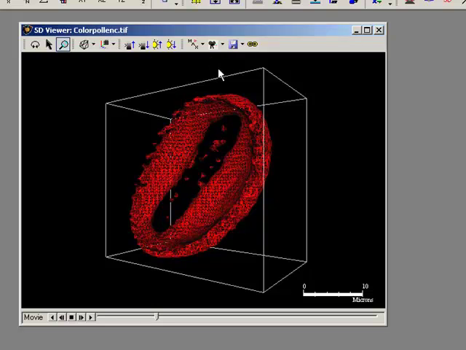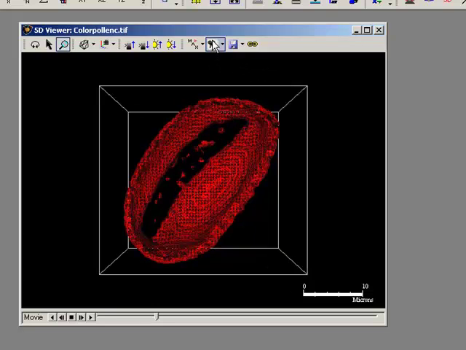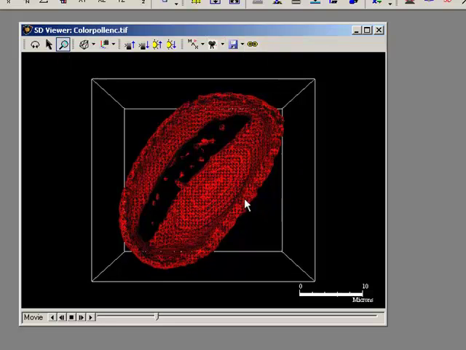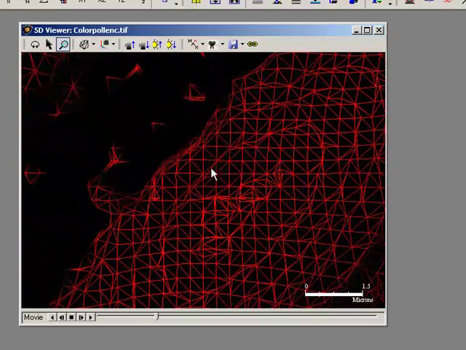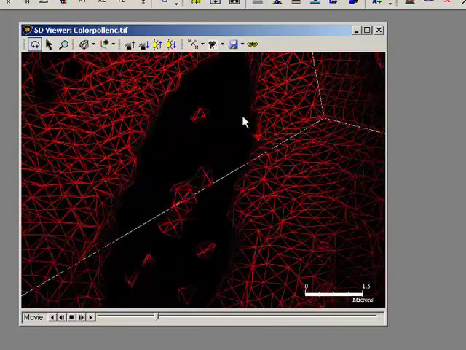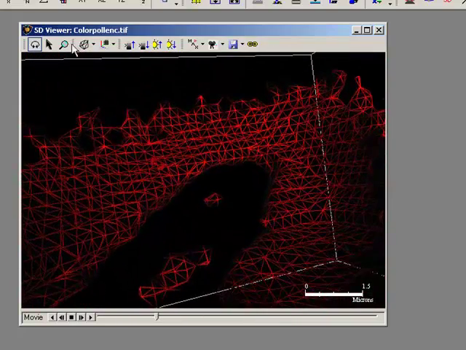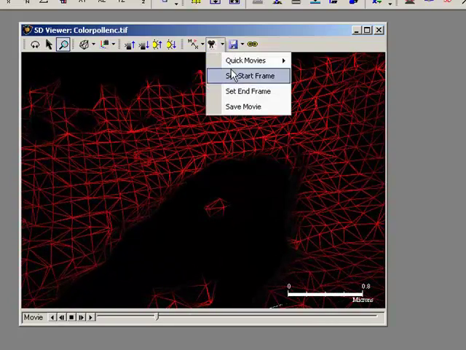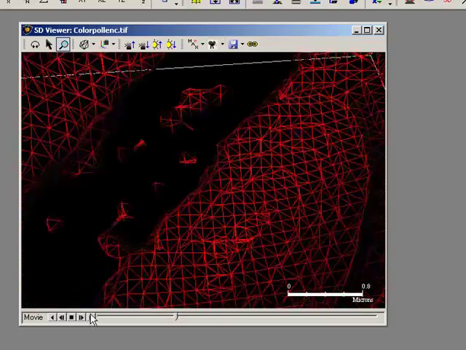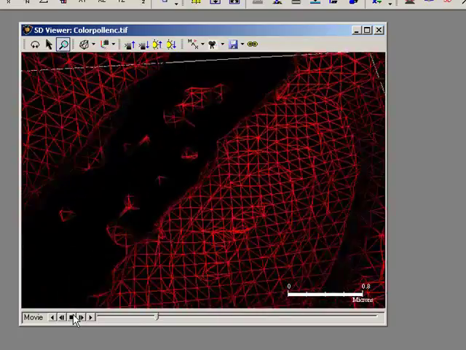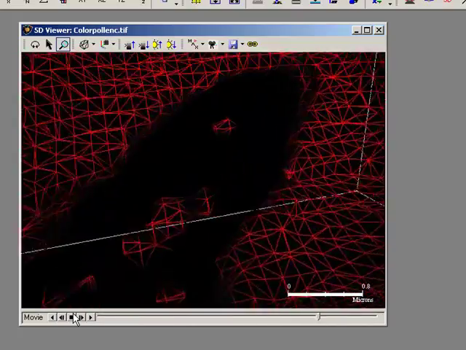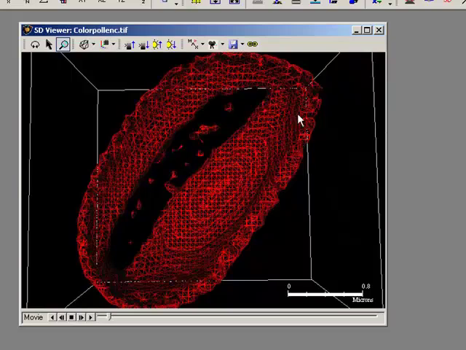But what I also might want to do is make a bit of a more complicated movie, and I'm going to set my start frame as this frame here, and I'm going to zoom in to here and maybe rotate a little and finish up. I'm going to zoom in even a bit further. We're going to finish up here. So I set that as my end frame and play the movie. There we go. We can see it's made a nice pan zoom movie there,